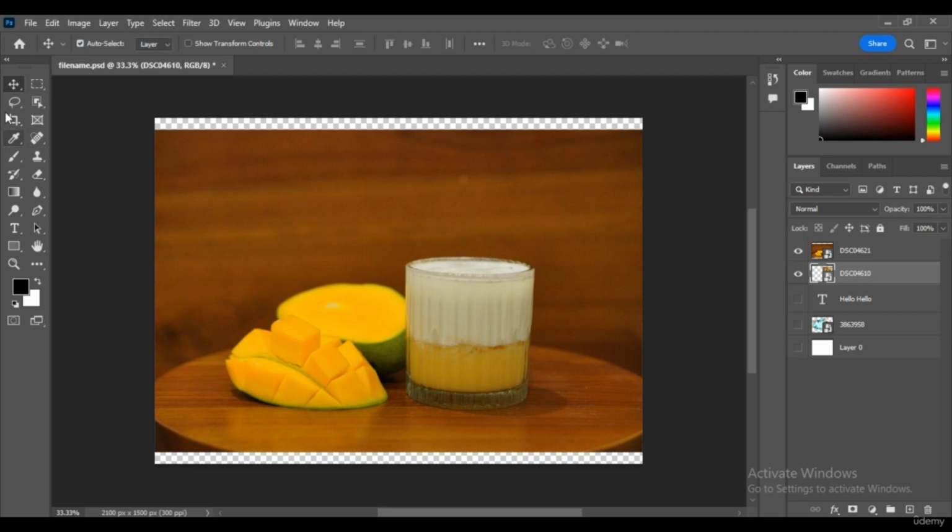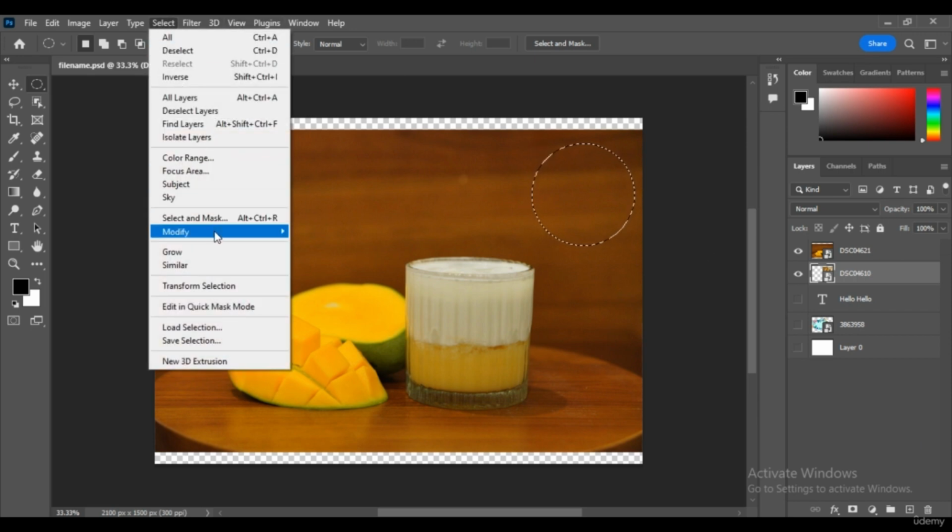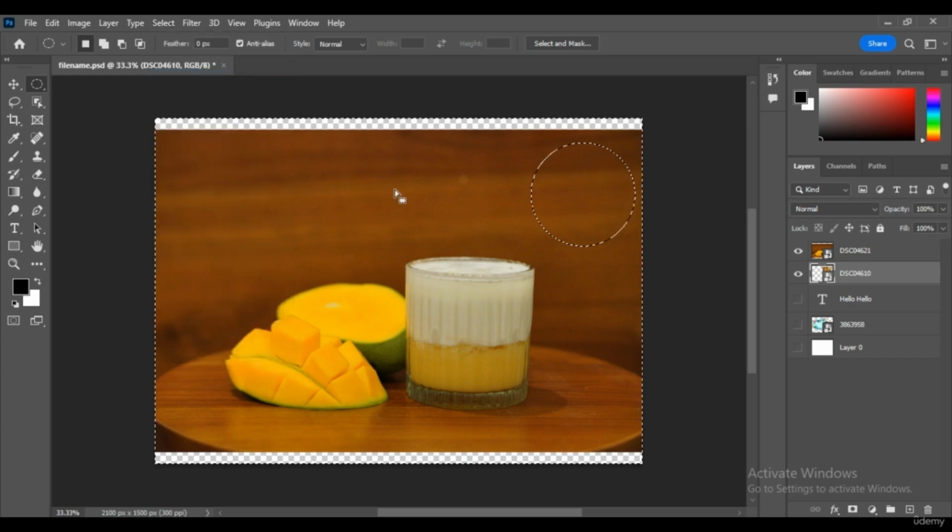Okay, then we can go to the marquee tool over here and choose the elliptical marquee tool and select the top right part. Then we go to select and invert, or press Shift Ctrl I on your keyboard.